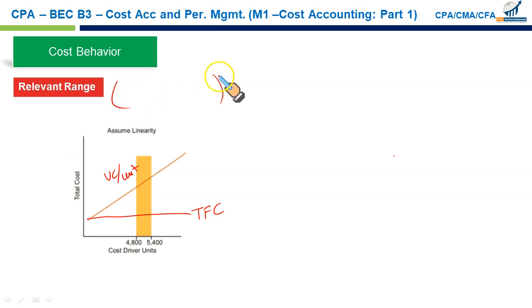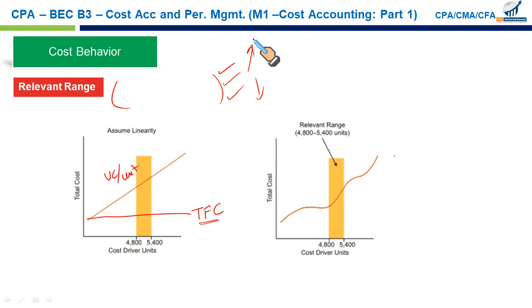So within that relevant range set by your productive capacity, union contracts, or maybe because of the availability of material with the vendor under the contract, within that arrangement, your total fixed cost stays the same and variable cost per unit stays the same. Beyond this range, the variable cost per unit may go up or go down, as we discussed earlier. In the long run, all the costs could show erratic behavior, right? So when you say